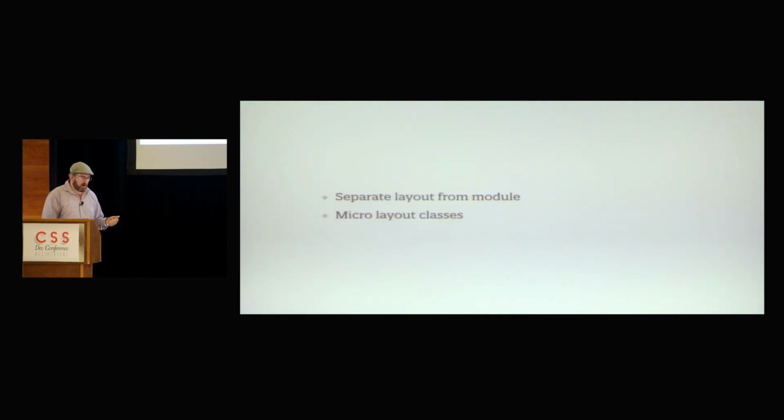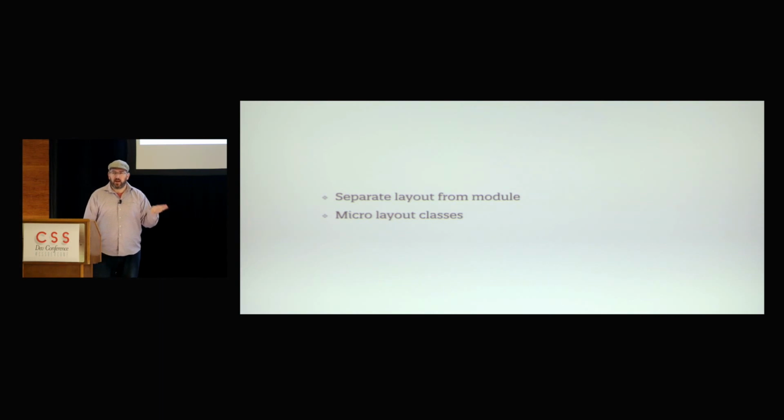So two ways that I find are best for this. One is we can actually separate layout from module. Again, a really good example from Phil Walton's presentation yesterday was talking about creating a web component for layout. So let's say a grid system that you essentially wrap the web component around all your individual HTML elements, and then the web component builds a more complex HTML structure to place the required elements in order to create the flex grid